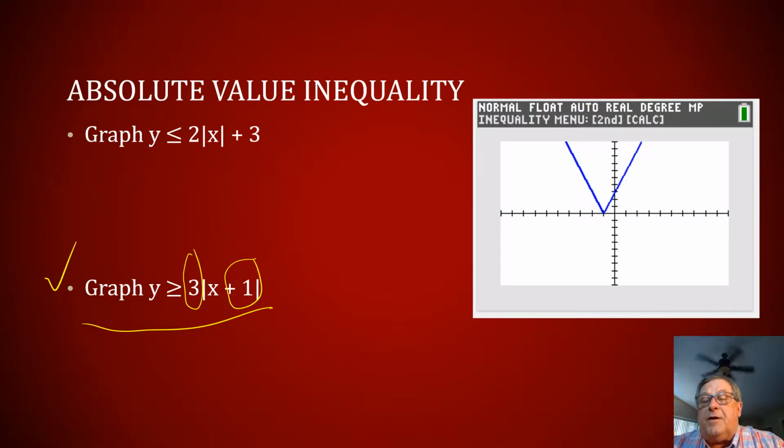Now, I want to try to figure out which region to shade. I've got inside the V-shaped absolute value graph, and I've got outside. So it's going to be one of those two. And I can still use the test point 0, 0, because it lies outside